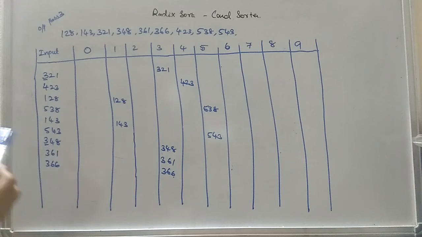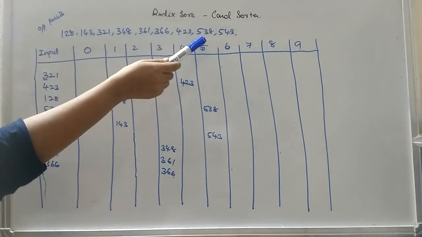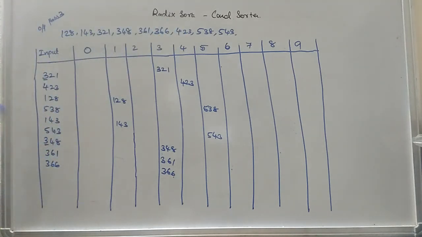Is it necessary to continue for pass 4? It's not needed. Why? The reason is that at the end of pass 3 itself, we will get the result. How can we identify the number of passes? It is the maximum number of digits in your numbers. Easily you can identify the number of passes. For example, here the maximum number of digits in the items is 3 only, so you will have 3 passes.